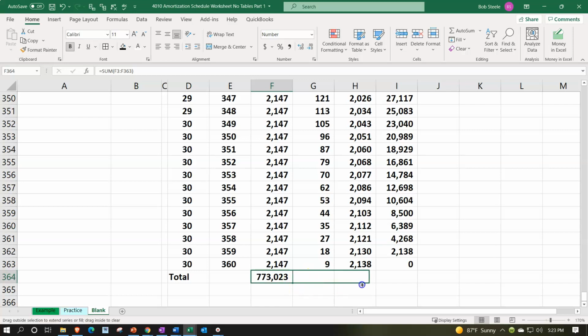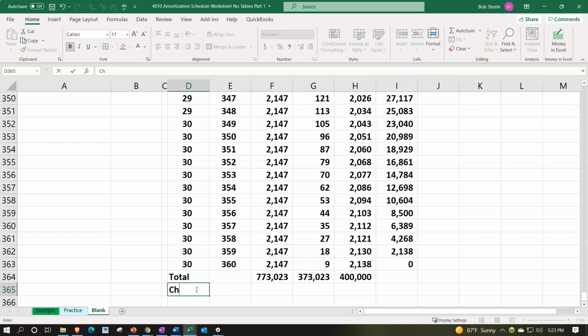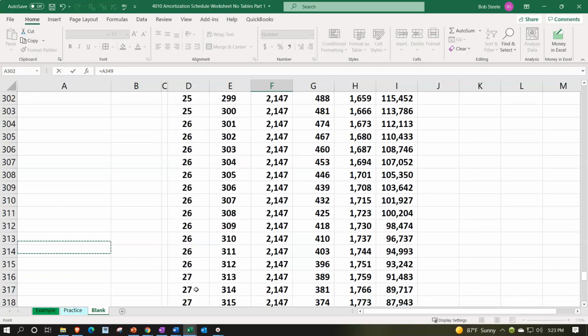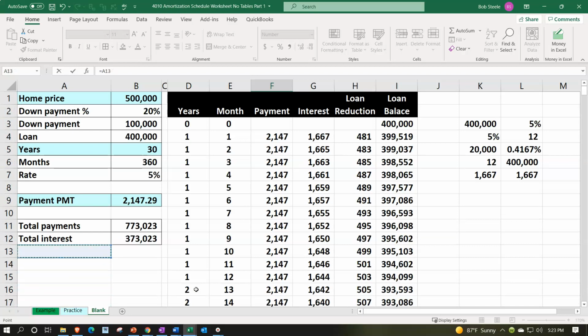Fill handle, copy across. We don't need to copy the loan balance because that doesn't make sense, because this is the balance as we go. We might have our check figures over here because we had some double check figures just to make sure these are correct. This equals, I'm going to tab up to the top, the total payments,